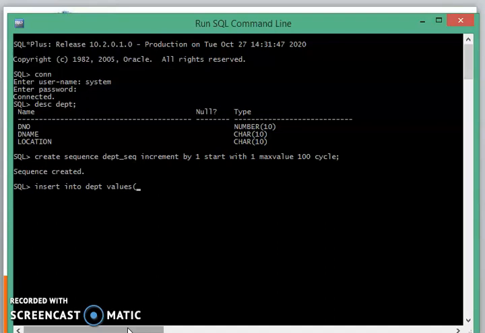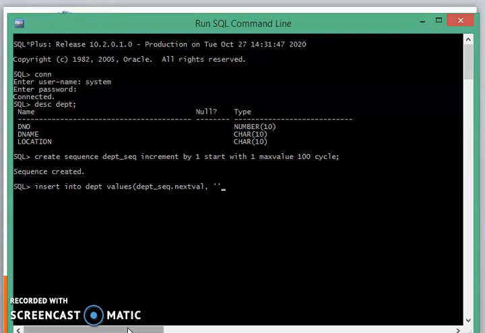So department number, this is my first column. For inserting the data into this column, we'll use the sequence name dot nextval. This is the attribute of the sequence which is used to insert the value into the table and to generate the next value for the sequence. Comma, then the department name.